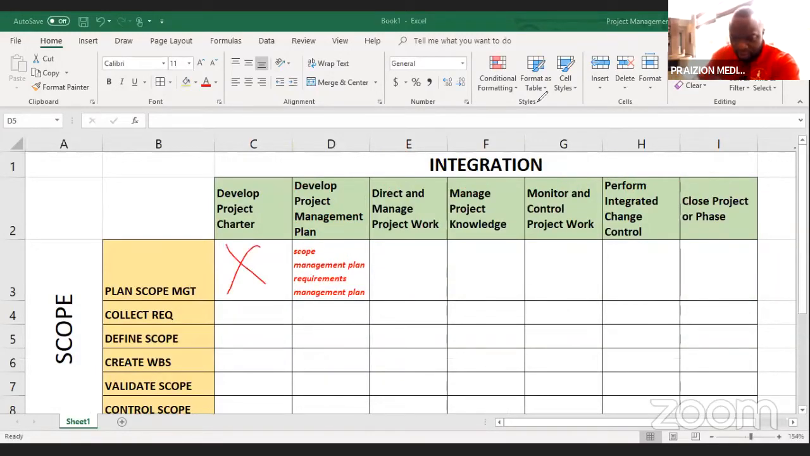And then nothing goes into develop project charter either. So that's quite simple as far as the relationship between scope and integration where this first process is concerned. Okay, let's go to the next one. Collect requirements. What do you get out of collect requirements? Your RTM, your RD. It's worth observing that these may appear in certain places. So what we're going to do